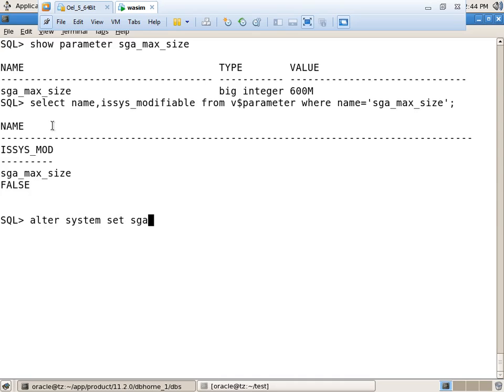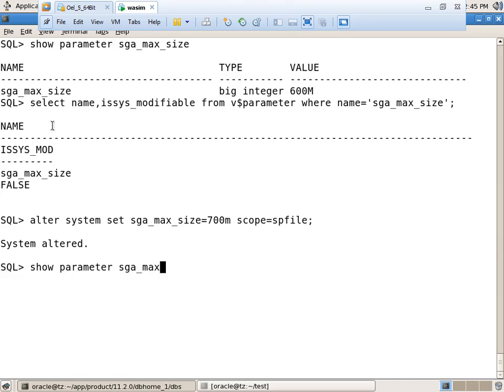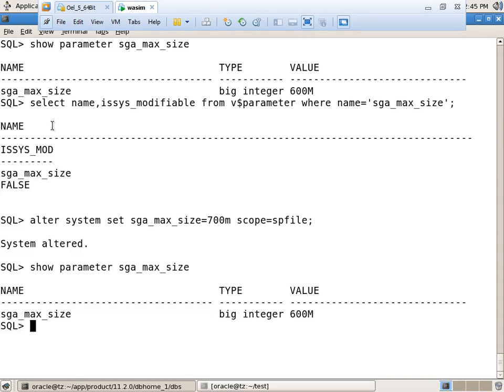Set. Okay. Just I am checking whether the value is changed or not. The value is not changed, right? When will the value be changed? After bouncing back the instance, the value will be changed. Okay.